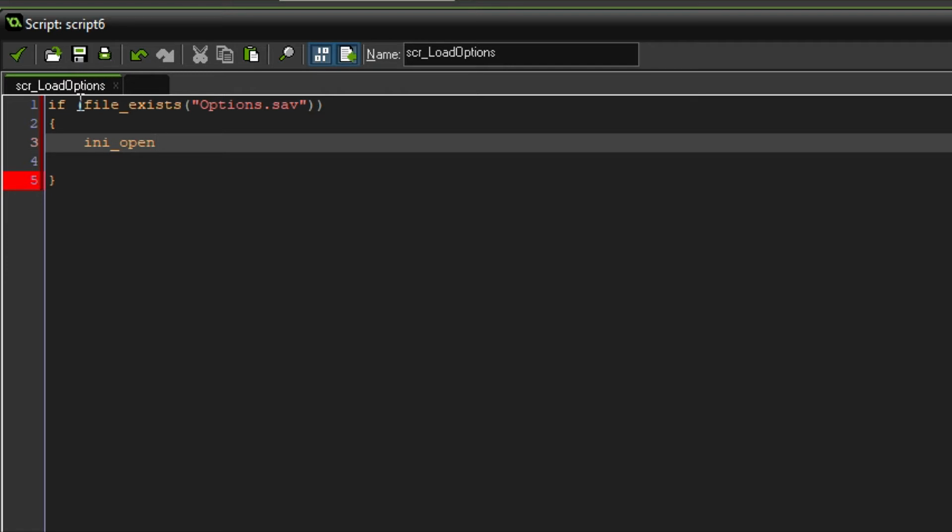But this time we will not delete it, because there will be no point. Open the file options.save,